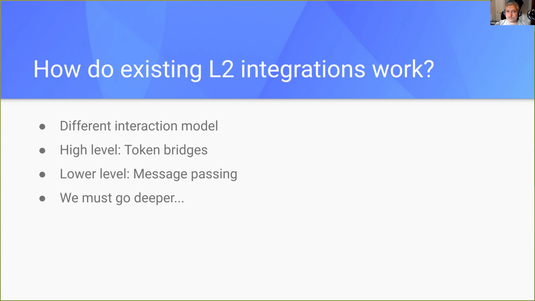And this is closer to what we need because it provides us with a way to just send messages rather than tokens. But it still doesn't really satisfy our requirements because we are in a situation where we would have to send transactions to L1 in order to update a name on L2, or in a situation where you need to send a transaction in order to resolve a name. And we've already said neither of those are acceptable.